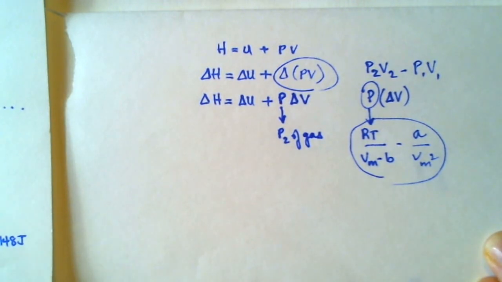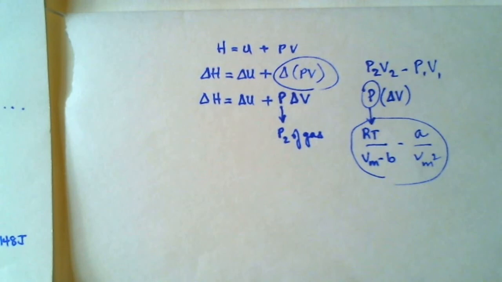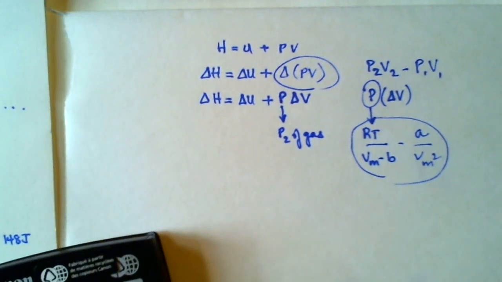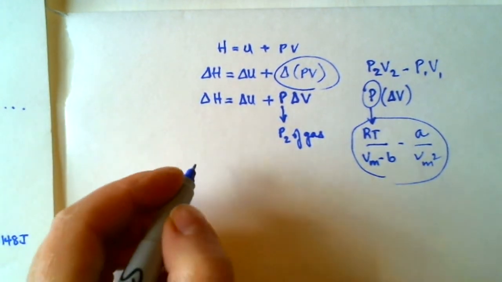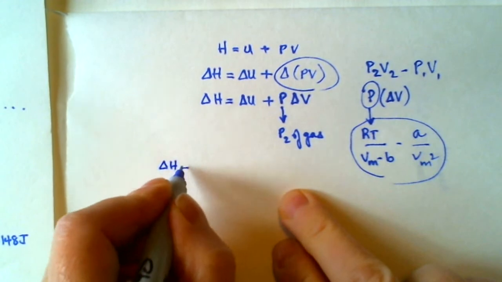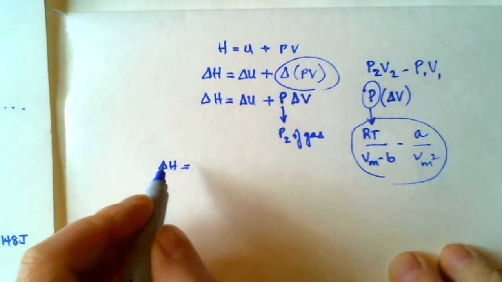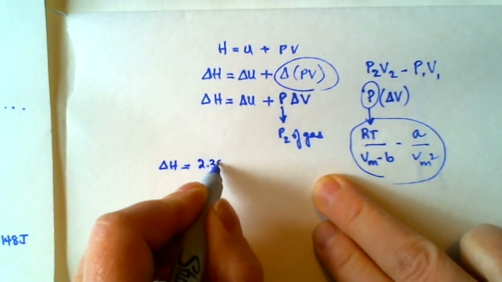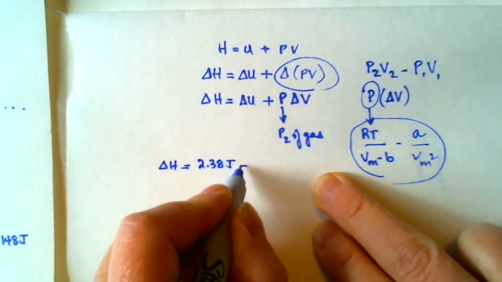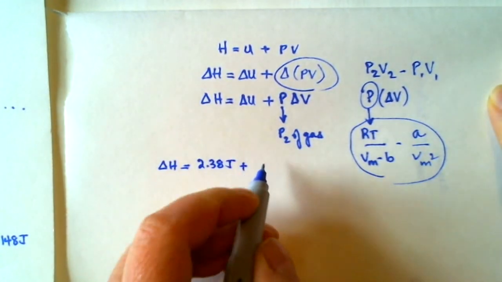And we just found that the term inside the square brackets was equal to 0.44624 minus 0.004489. Yeah. So delta H is equal to delta U, which we just found as 2.38 joules, plus P2